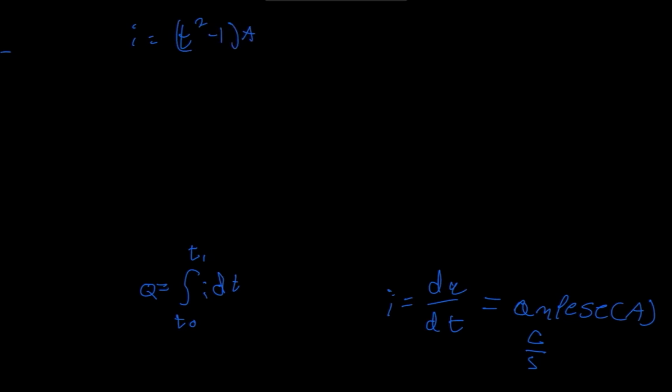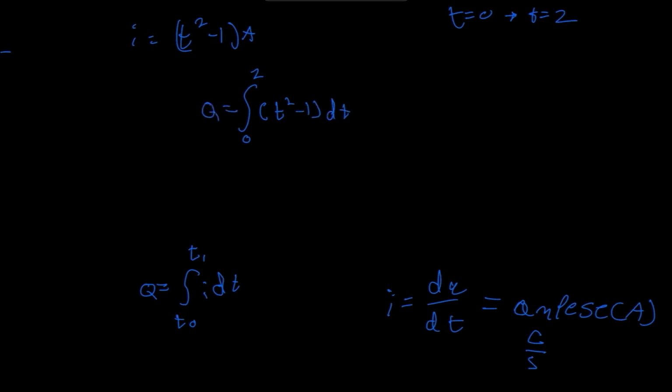And I want to find the charge from t equals 0 to t equals 2. So what I'm going to do is put it in the equation for charge. So I'm going to have t equals 0 and t equals 2. So the integral from 0 to 2 of t squared minus 1 dt